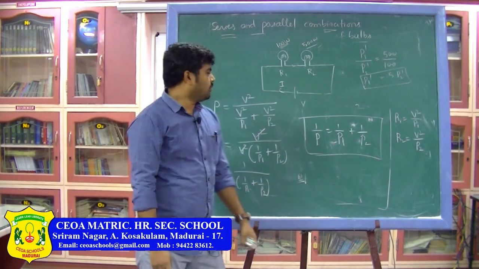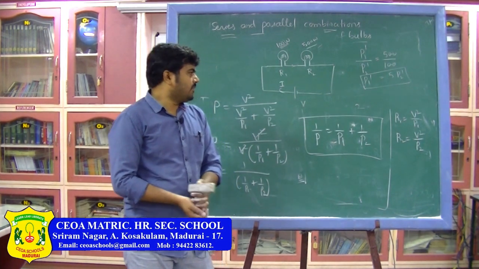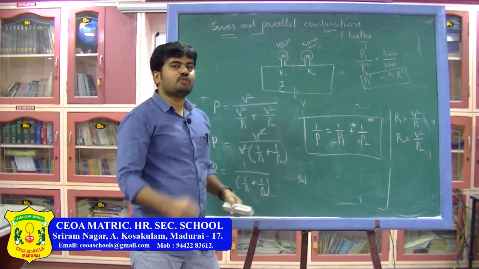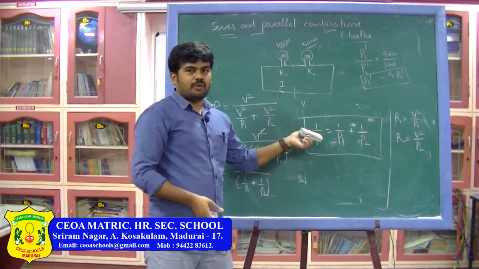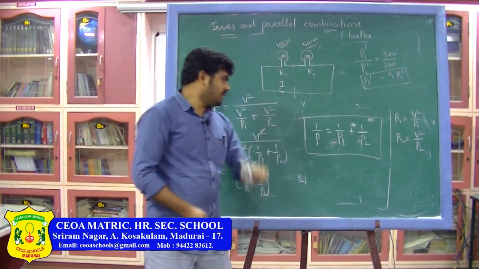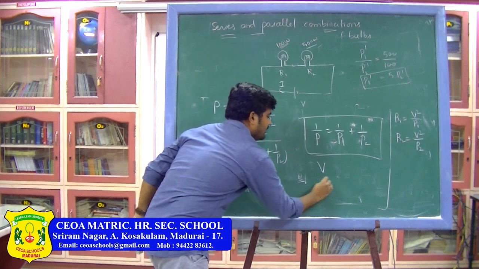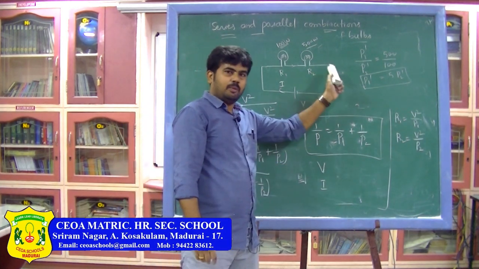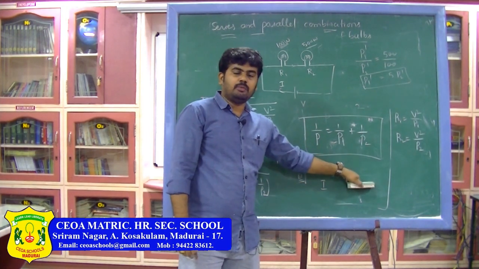That is one point you have to remember about the series combination. And one more thing to remember: generally, questions will be about which bulb will get fused in the circuit in the series combination or in the parallel combination. So keep one thing in mind: they will give some rated voltages and maximum possible currents. If the voltage drop across any bulb is greater than the rated value of that particular bulb, then that bulb